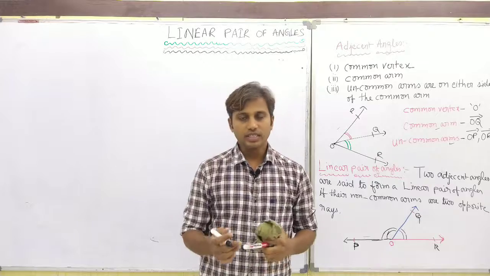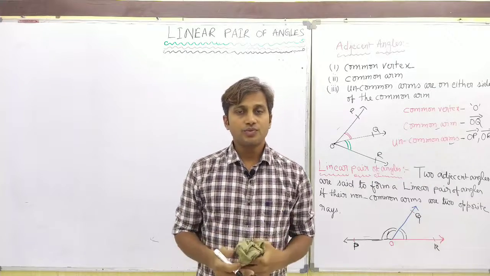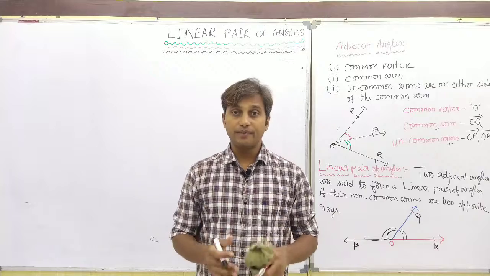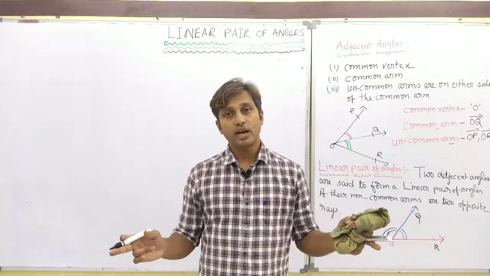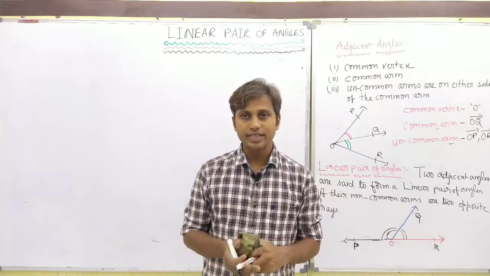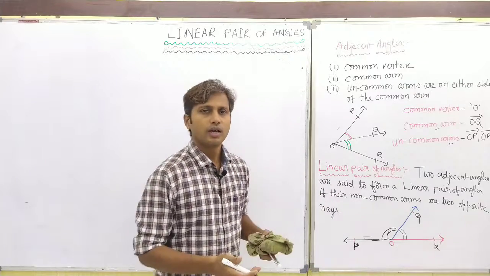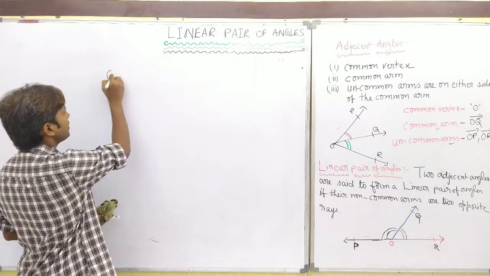Now, say this, guys. What is the converse? What do we need to say? Whenever the adjacent angle sum would be 180 degrees, then the uncommon rays are oppositely directed to each other. So that's our statement. I don't need to write the statement once again. I just want to write the proof itself. So now just see what is given here.